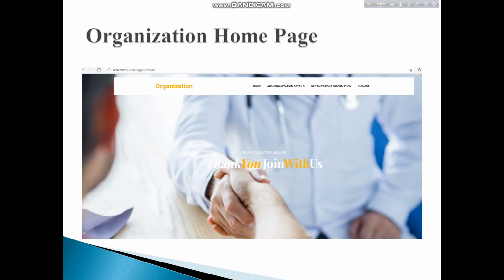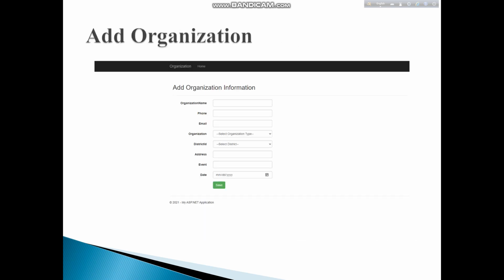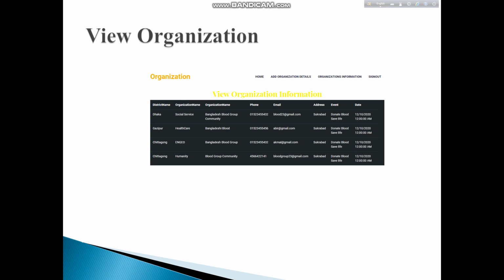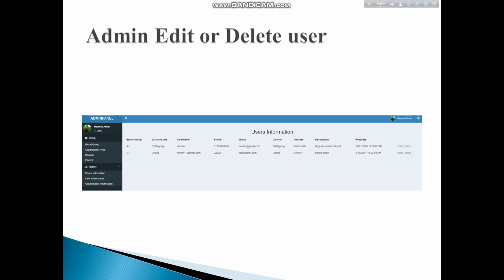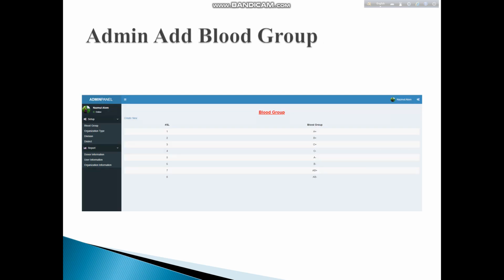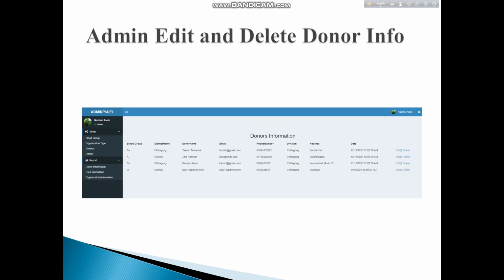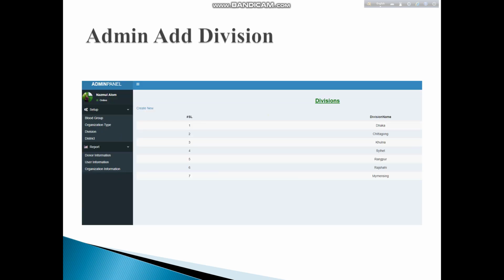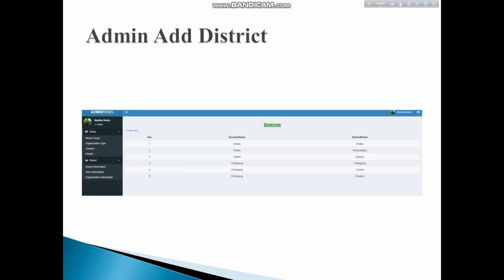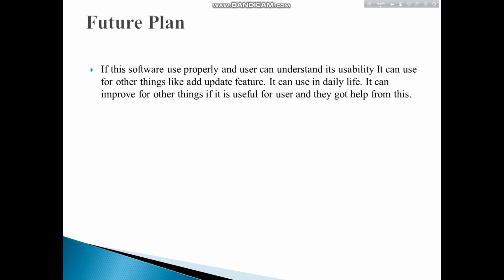So this is the organization home page, and this is the add organization page, and this is the view organization page, and this is the admin home page, and this is the admin edit or delete user page, and this is the admin add blood group page, and this is the admin edit, delete and donor information view page, and admin add organization page, and this is the add division page. This is the add district page.